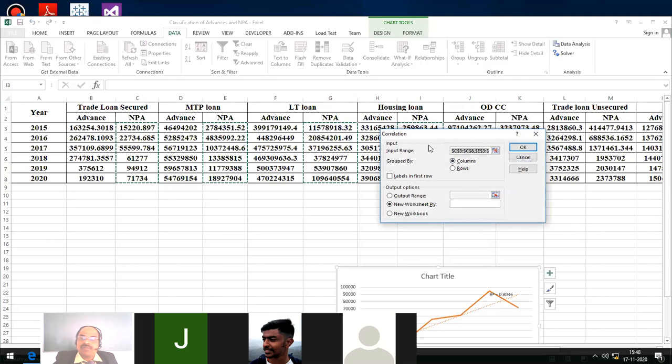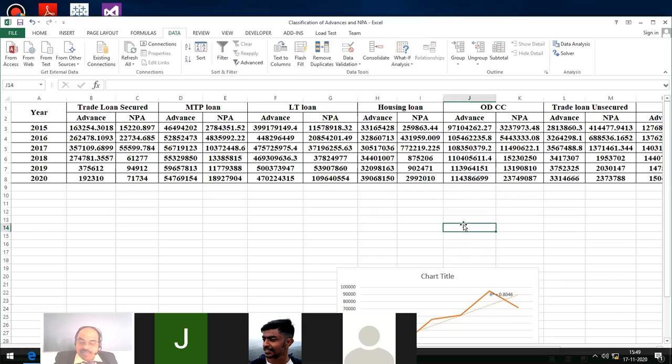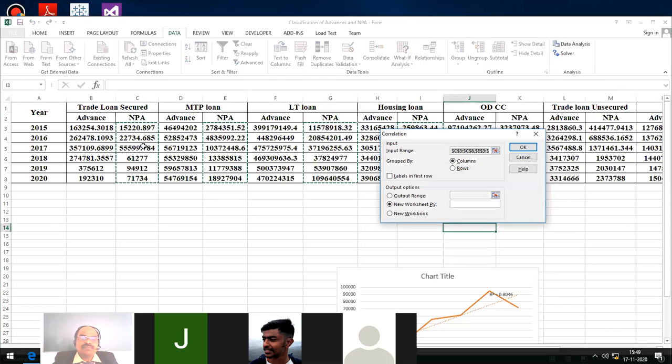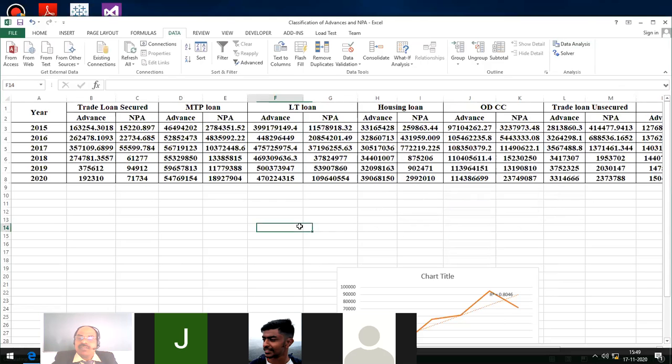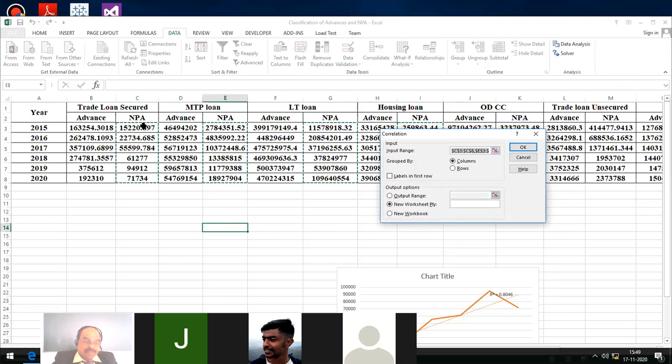Correlation. Once again, data analysis. We have to remove all the selection area. Yes, correlation.